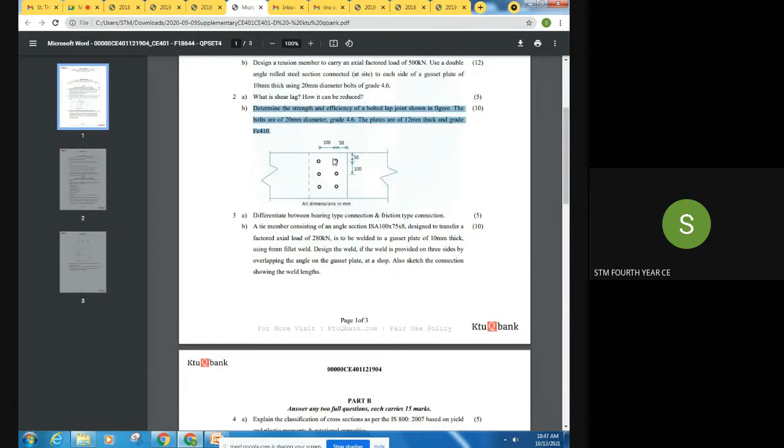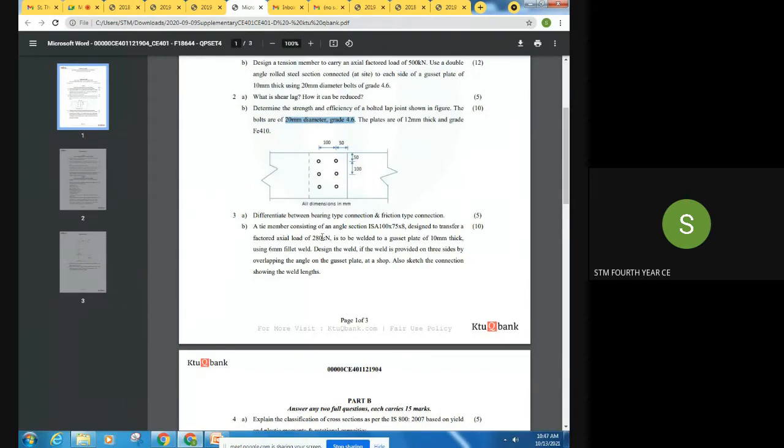All the values are given. You need not find out the pitch, gauge, etc. All these values are directly given, so the KB value can be directly found out, and VDPB can be found out. The bolt details are also given. Everything is given here, so you need not assume anything. You have to substitute all these values in the equation, and you will get the final strength and efficiency.